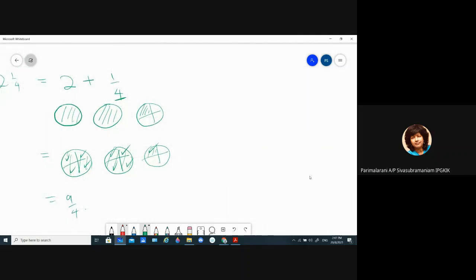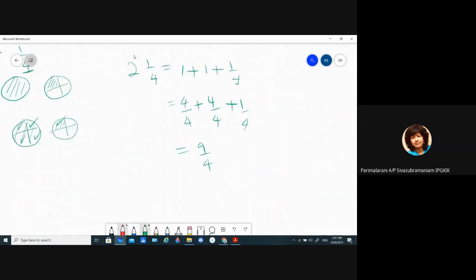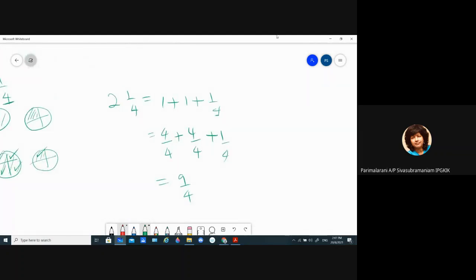So from here, we also should relate that 2 1/4 is actually 1 plus 1 plus 1/4, and because the base fraction is 4, 1 is actually 4/4, so 4/4 plus 4/4 plus 1/4, which is 9/4. We should teach them like this first because they can relate it straight away to the diagram, okay? So once they have got this already, and then only we teach them how to do it